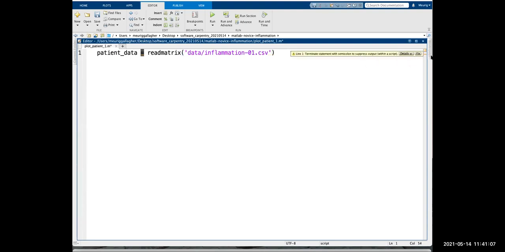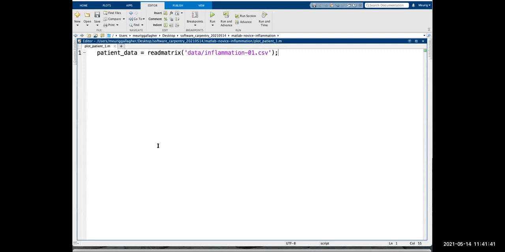So if I close it there, you see the red line's going to go away, and it's giving me an orange warning, which says, if I hover over it, terminate statement with semicolon to suppress output. So just like before, I can put my semicolon in. And if we're doing lots and lots of commands, which is what you'd want to do in a script, you probably want to terminate every little command, because you don't want to have 100 commands all printing to the command window. It'll get really messy. And because I put that in, I'm just going to save. So we've got this command here.